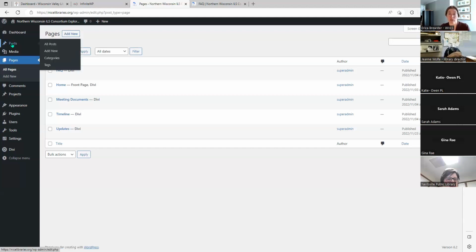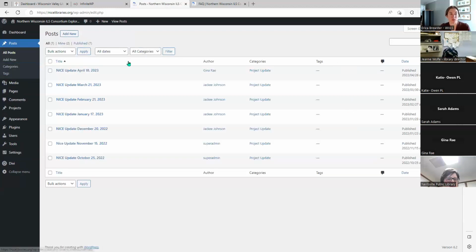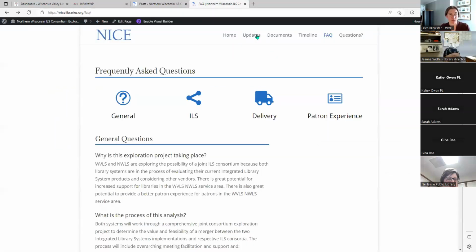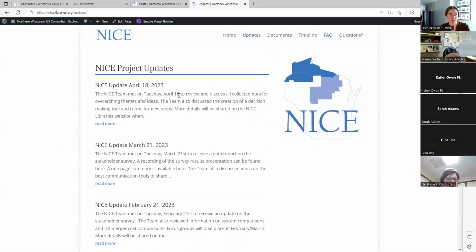What we're going to do most of the time in our library website is to deal with the media library and our posts. We don't have a ton of posts on the NICE website because mainly they are just update posts. But we do have a few posts, and that is what comes to this page. When we make a post, it will immediately automatically update on this page of the website